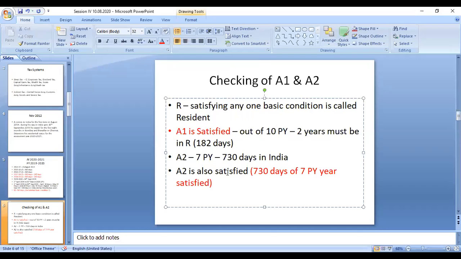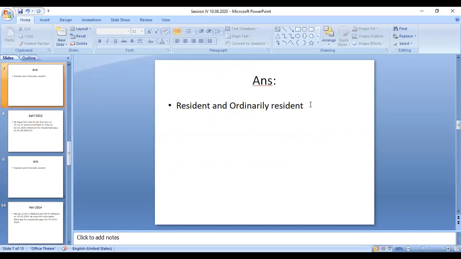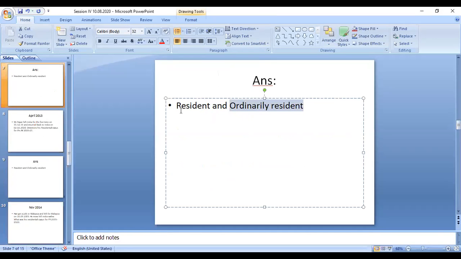Up to this much of workout, you will not get the full marks. So this is your final answer. If you mention this answer, you will get the full marks. All these things are the workings only. So your answer will be resident and ordinarily resident. So now we can understand whether he is a foreigner also. If you foreigner